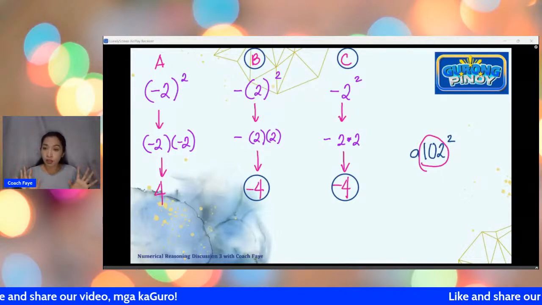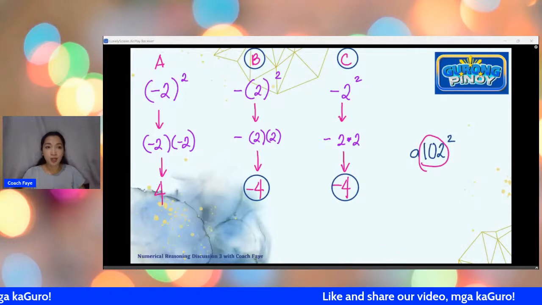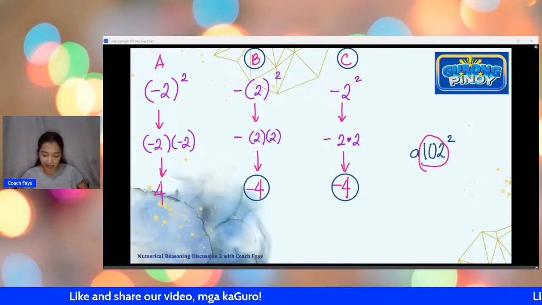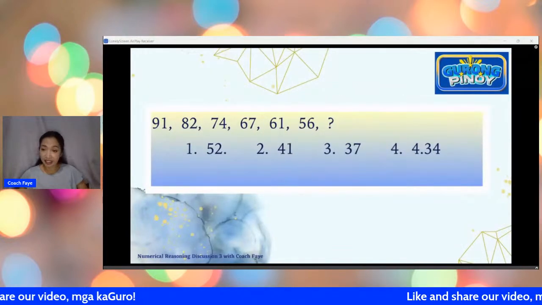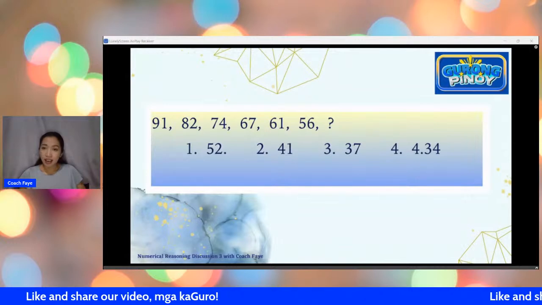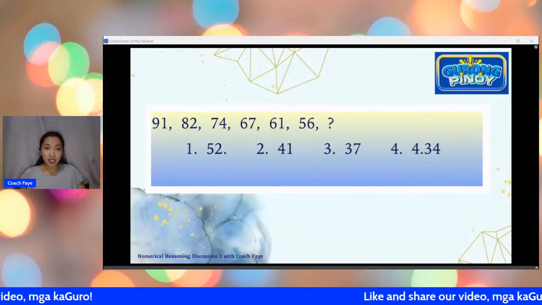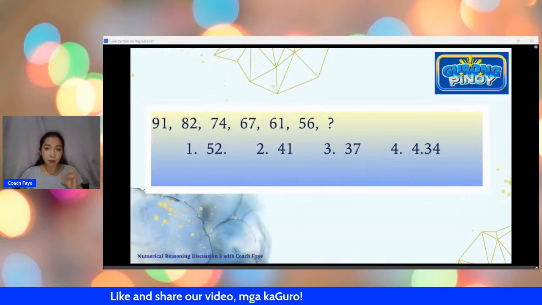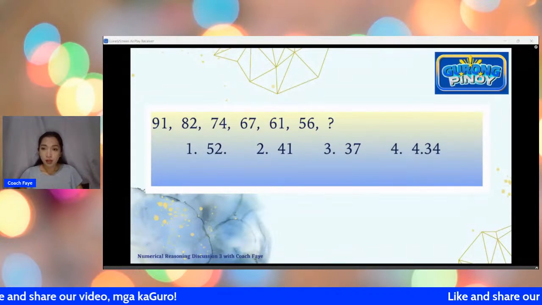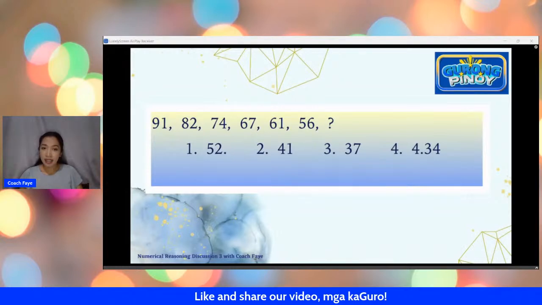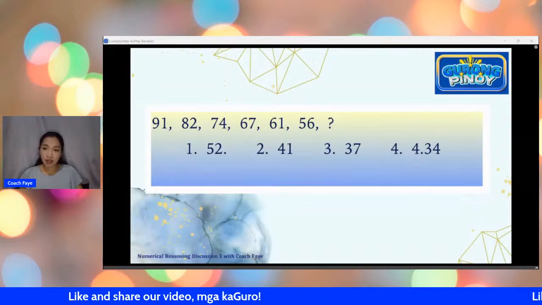Okay? So if you don't have any more questions and clarifications with this one, let me proceed to the next few slides that we have. Ano nga ba yung next natin? Ito. Nagbibigay na po ako ng choices para po mas, ano tayo. Ayan. So please try this next item here. Pa-share po ng answer ninyo here sa ating comment section. I hope po na clear yung discussion ko doon sa difference ng tatlong numbers, yung -2, squaring -2 in many different ways. I hope po na clear yon. So if you have questions and clarifications po, pwede po natin yung balikan in a while. Okay? So please try answering this one. Balik po tayo dito sa patterns.